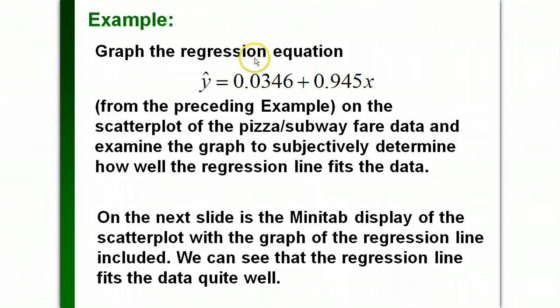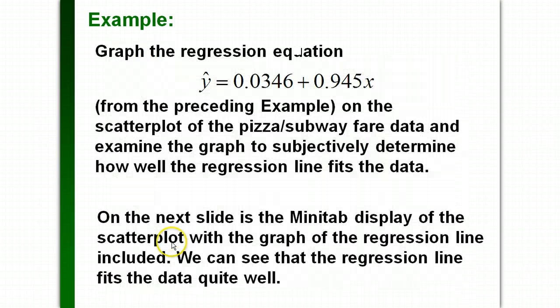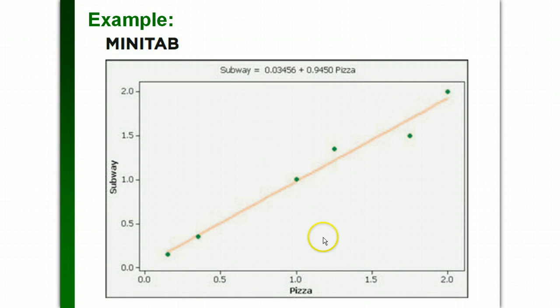We're going to graph this equation just so you can see what's going on. This is that line. The red line is y equals 0.0346 plus 0.945x, graphed in an xy plane. We saw this scatter plot earlier, and this is the same exact scatter plot with now this line going through it. These green dots were our data, the actual data, and we use the red line to represent what we would expect